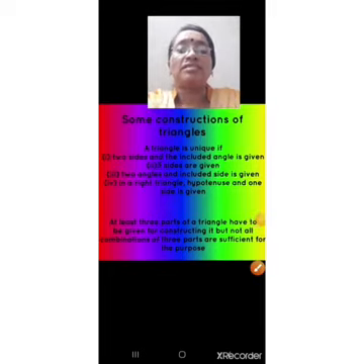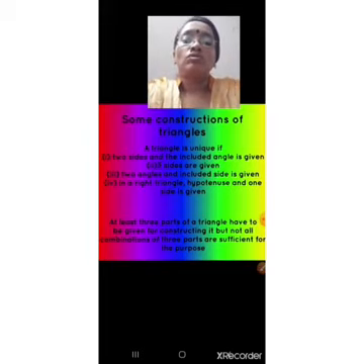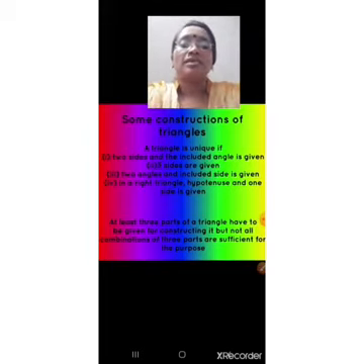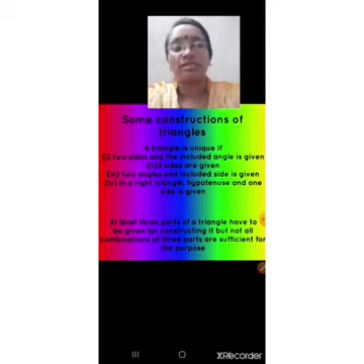You have learned how to construct triangles in your 7th standard. And also, you have learned 4 criteria for the congruency of triangles. Based on those 4 criteria or rules, you have constructed triangles. That is, the triangle that you have constructed using those 4 rules is unique.